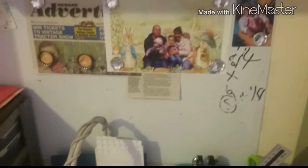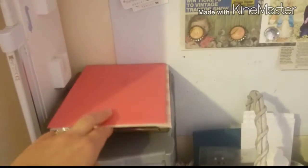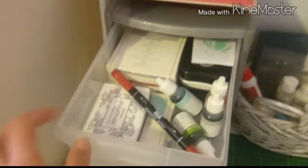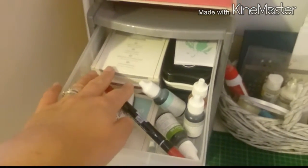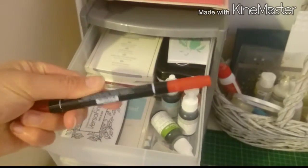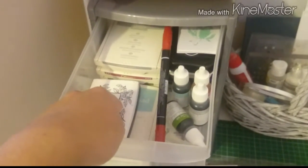And then I have my board on here, and then I have this set of 3 drawers here, and these are birthday cards that I've done for my daughters, and then I've got my stamping scrub there from Stampin' Up. So in here I have all my Stampin' Up ink pads and the refills, and the only Stampin' Write marker that I have left, because I've just sold a few,